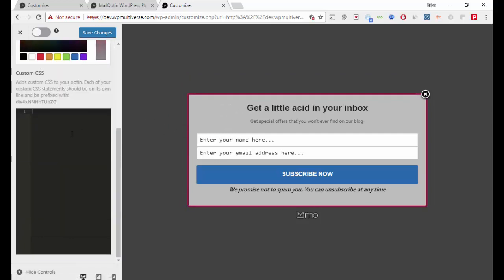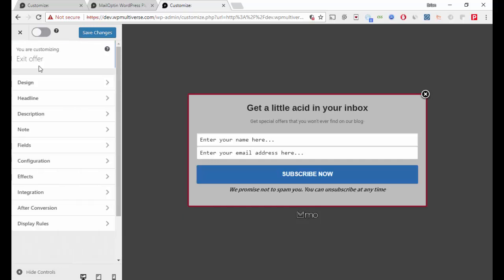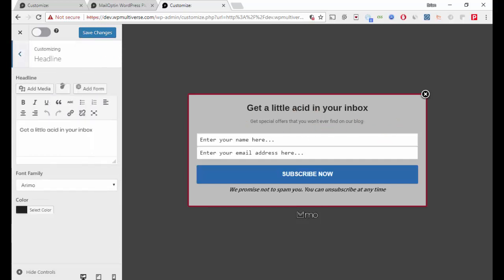You can see it's changing, and if you know a bit of CSS, you can go ahead and add lots of different styling to it. Okay, so that's it for the background and so on. For the headline, I'm gonna write something like,